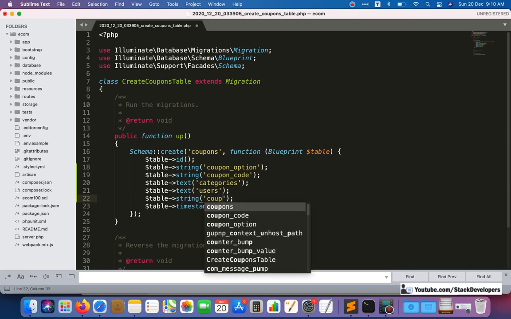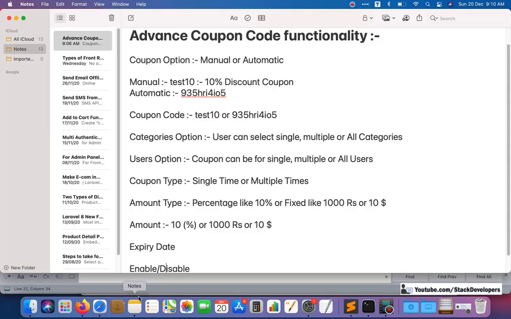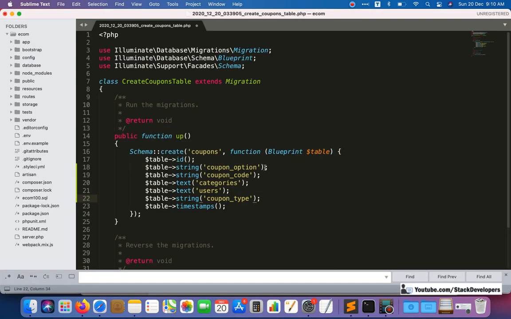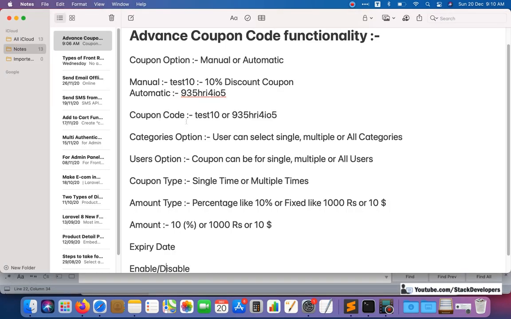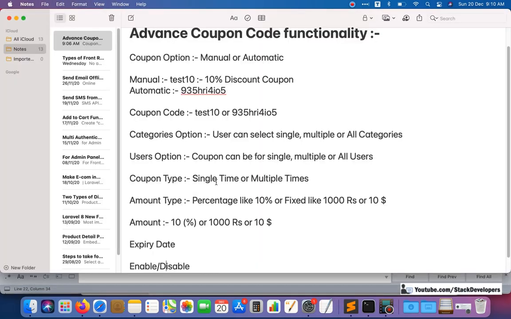Coupon type, you know that I have already explained. I will open this one for reference. See, the first one is the coupon option, that can be manual or automatic. Then the coupon code will come. After that the categories option, fine. Then the users option. After that the coupon type, that can be single or multiple time.